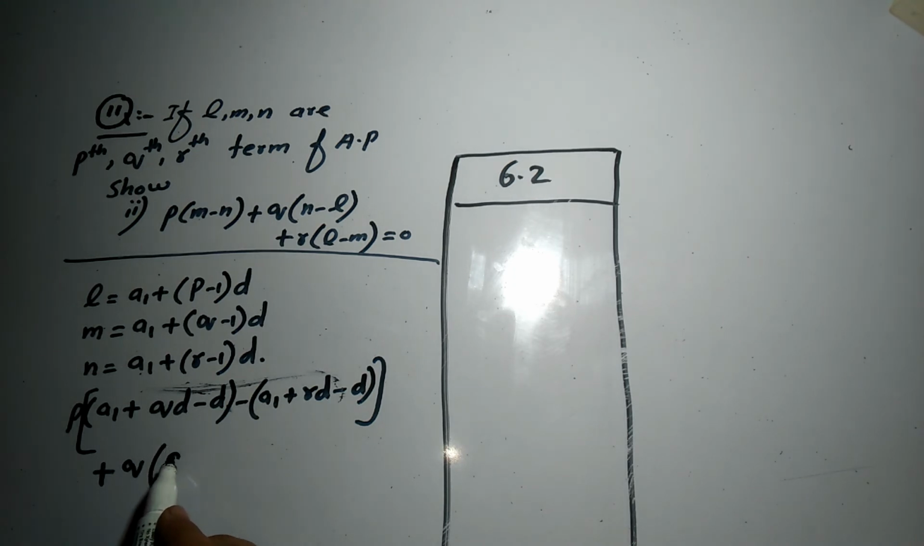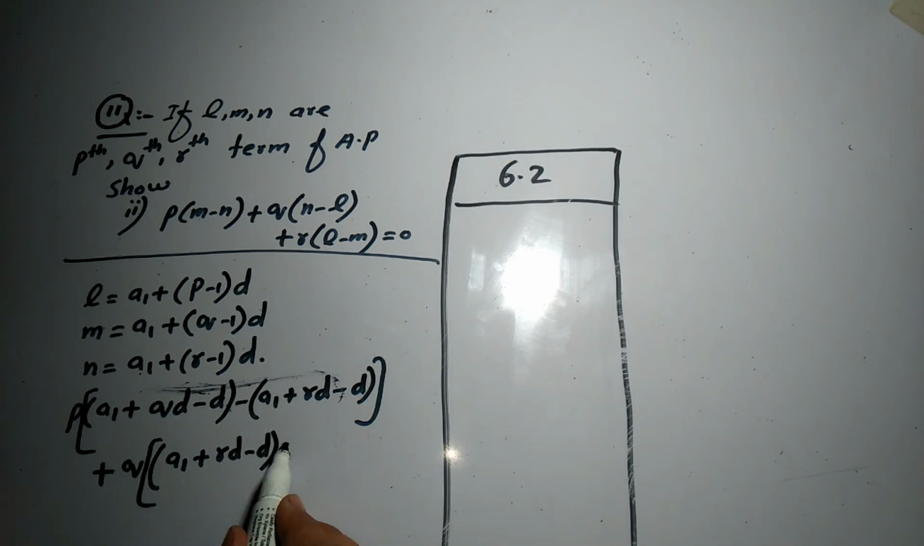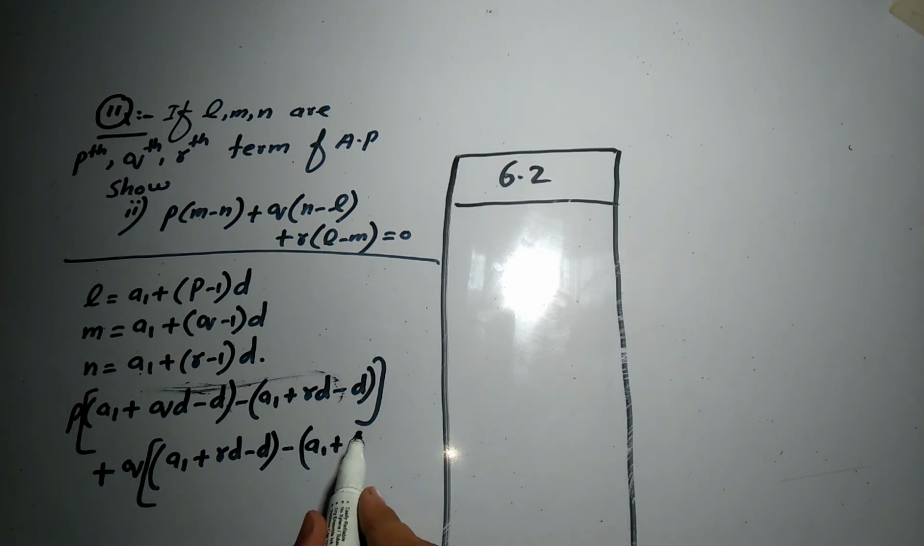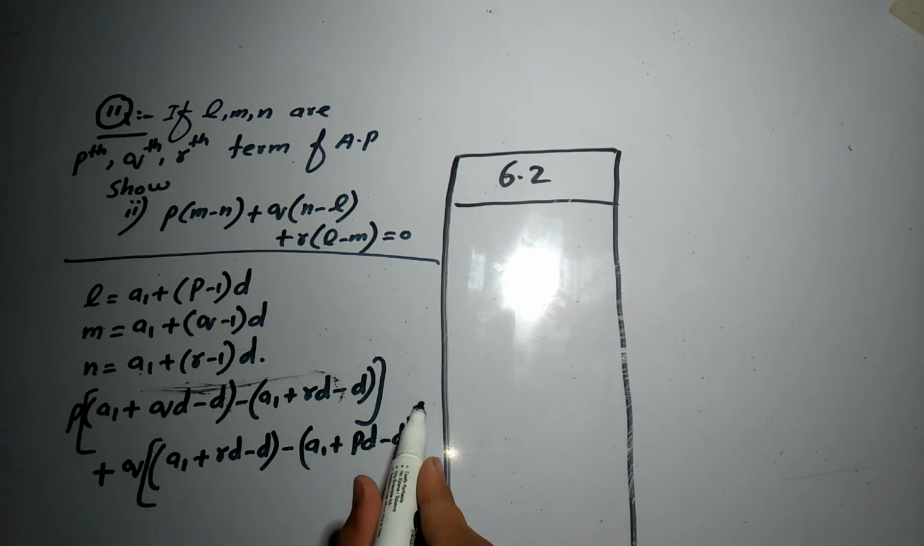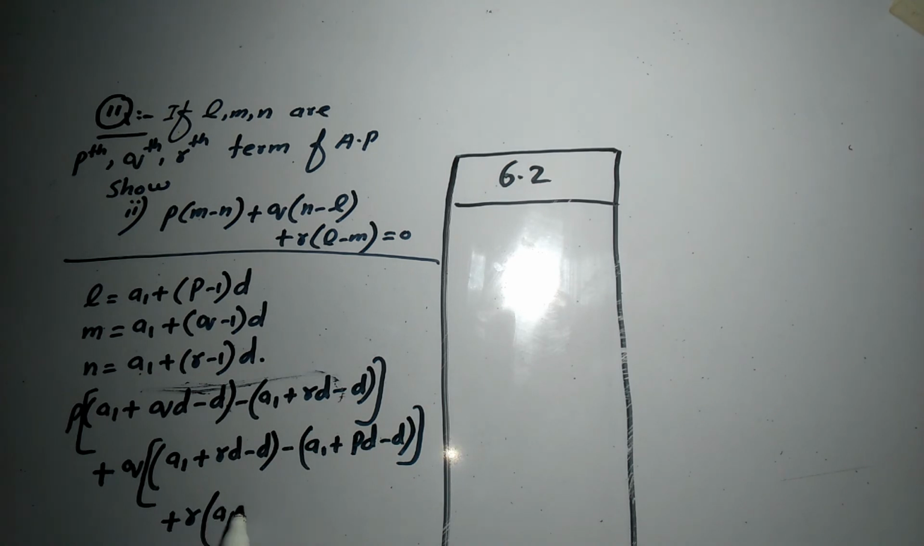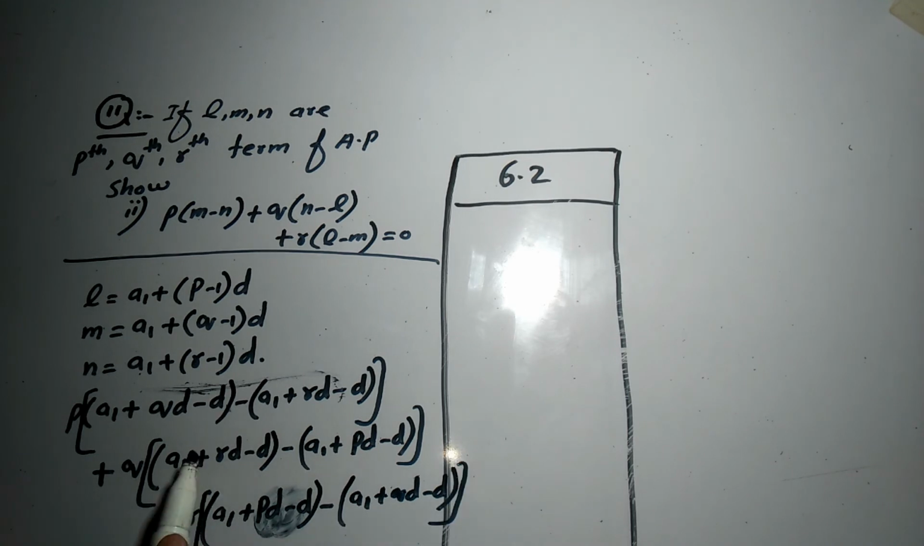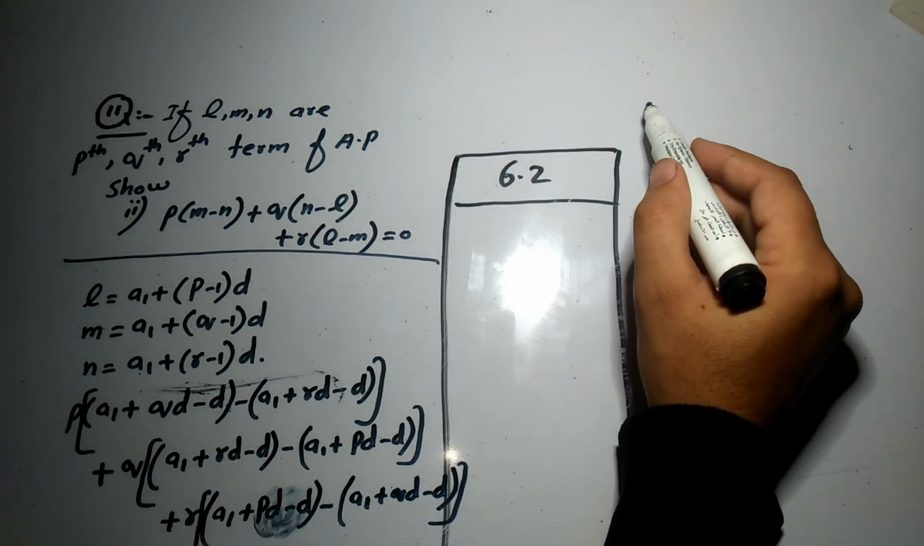N is equal to a1 plus RD minus D. L is equal to a1 plus PD minus D, plus R. This value of L will be equal to a1 plus P minus 1, so this will be equal to PD minus D. And M is equal to a1 plus QD minus D. So after simplification, this expression will be